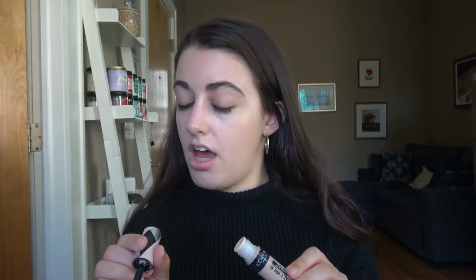So this next step is a little counterintuitive. I'm gonna take a pretty full coverage concealer just because I feel like where I really need the coverage is underneath my eyes, just because I have very puffy under eyes. It's just dark and it's just not cute. So what I do is I take the L'Oreal Infallible Full Wear concealer in the shade 340 Fawn, and I've